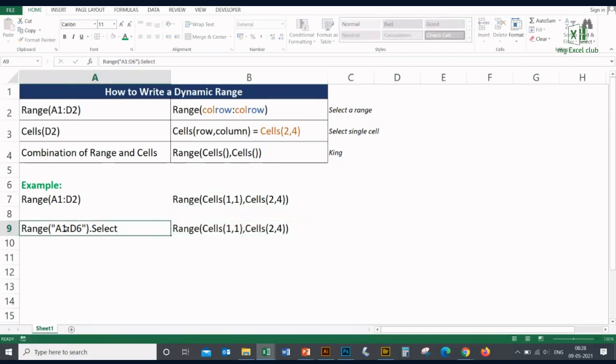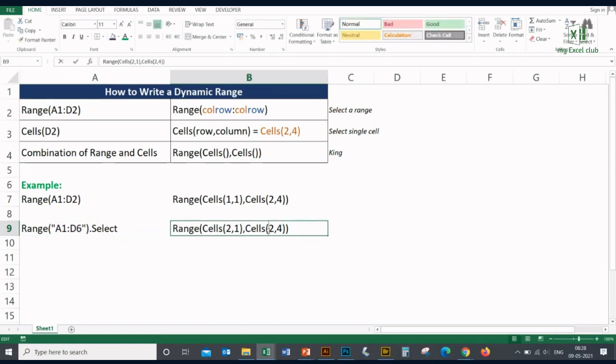Now my first cell will always be A2, not A1. A1 will contain the headers in all the sheets. So I will be copying the data from A2. So it will be A2, and then I don't know the last row and last column. So I'm writing as of now here last row, comma, last column.